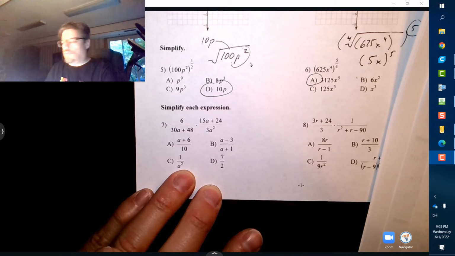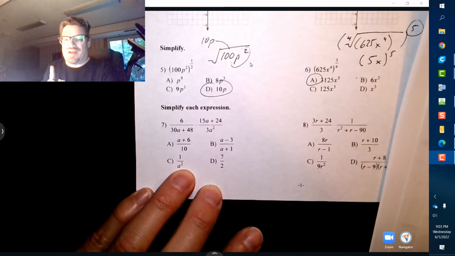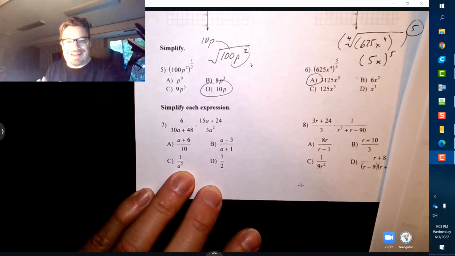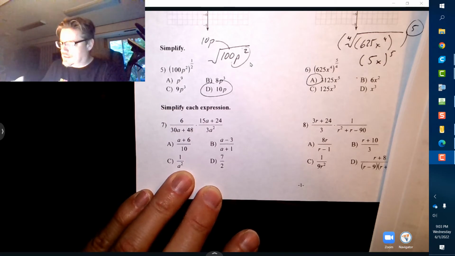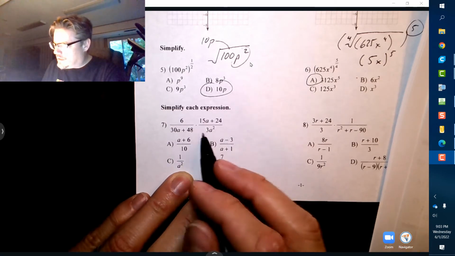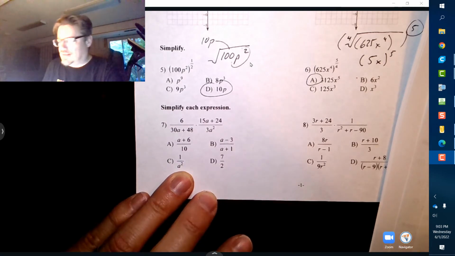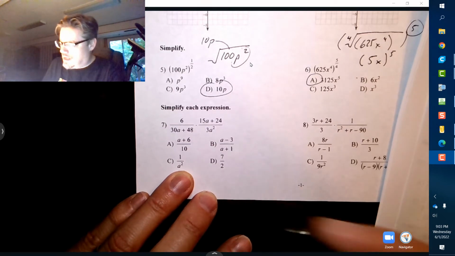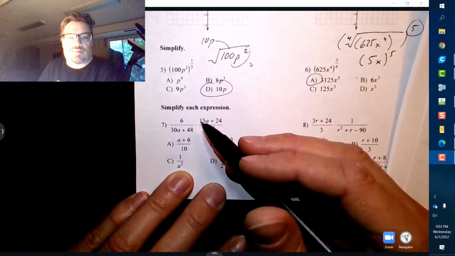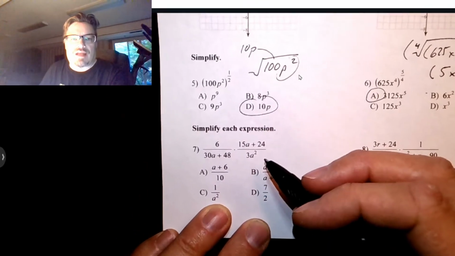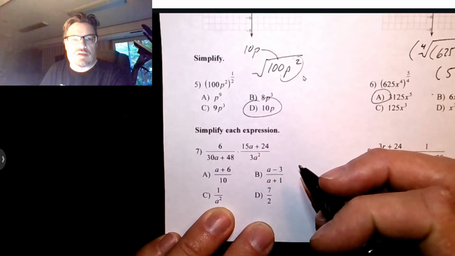Number 7, here are rational expressions, not equations. These guys are not equal to anything. You are just basically simplifying it as much as possible. And when you multiply a fraction, it's the easiest thing to do because all you have to do is simplify whatever you can and then cross out everything that is